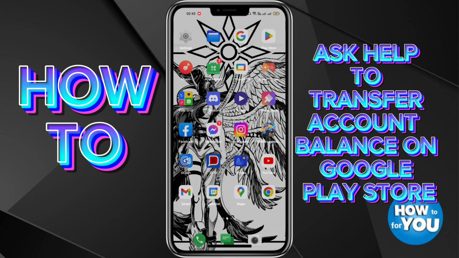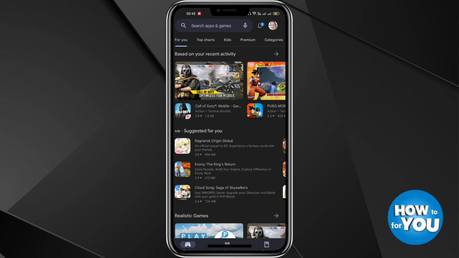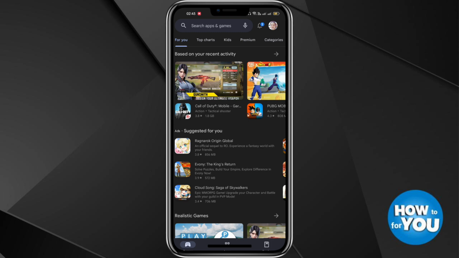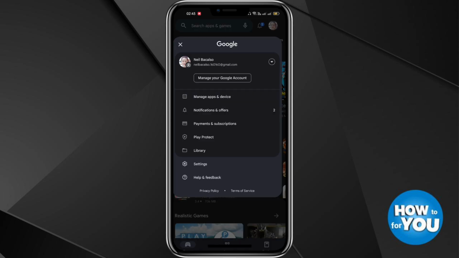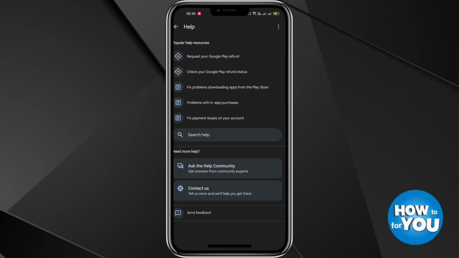So let's get started. First, open the Play Store application on your mobile phone and click your profile icon on the upper right side. So click your profile icon and then you'll be able to see options or settings right here and help and feedback as well. So click help and feedback, and then next click contact us,